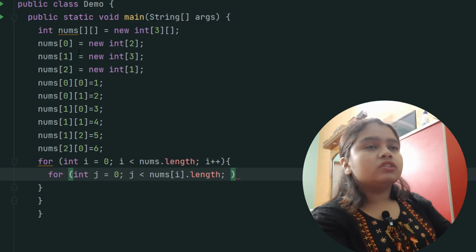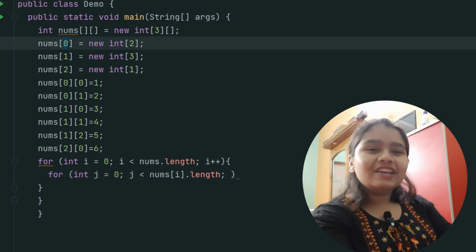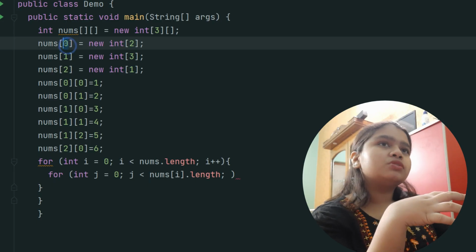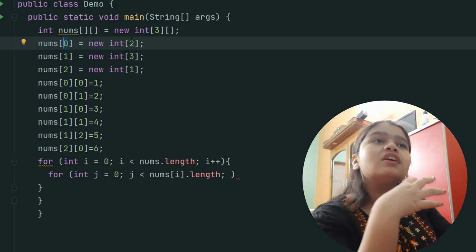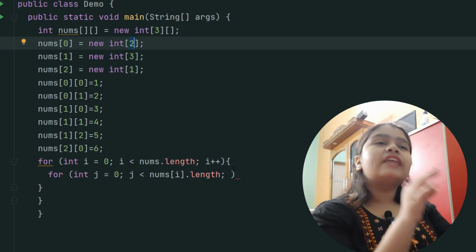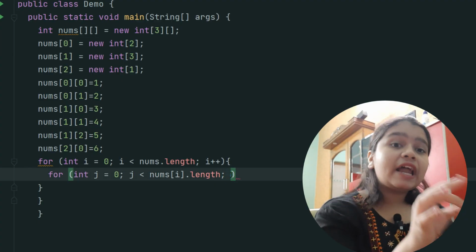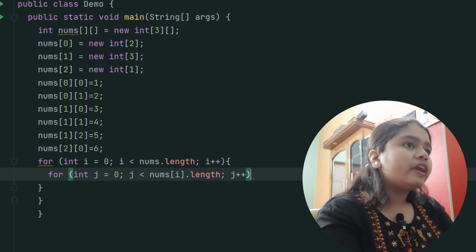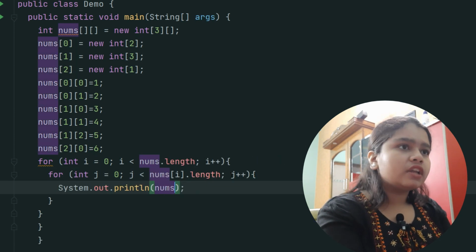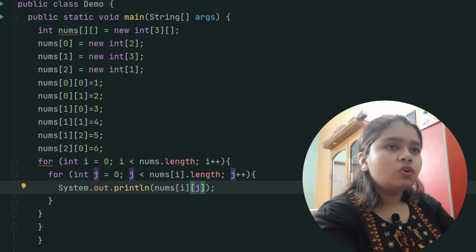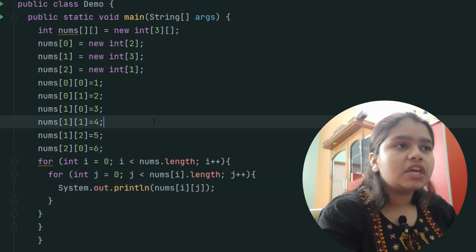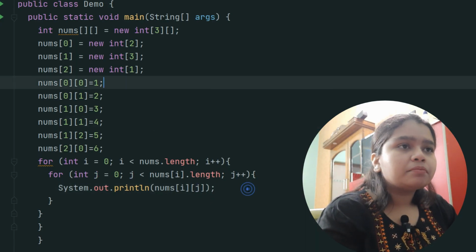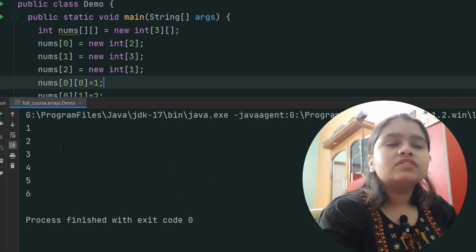The first array, which is at index 0 of nums, has the size 2. So there, that length I'm talking about. That will count the columns. Then we say j plus plus, and after that we print nums i j, and if you run the program, you can see it prints 1 2